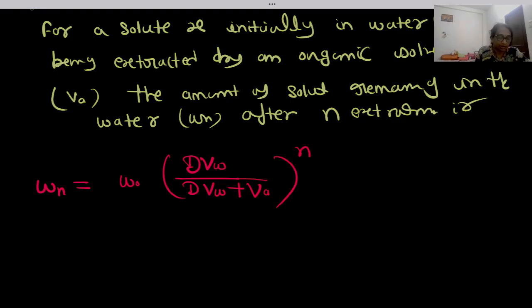ये हमको यहाँ पे क्या करना है? सॉल्व करना है क्वेश्चन. ये W0 जो है वो क्या है? इनिशियल मास और मोल्स ऑफ सॉल्यूट. Wn is equal to moles remaining in water after n steps, after n steps. Vw is equal to volume of water and Va is equal to volume of organic solvent, right? So now start the question number A. क्वेश्चन नंबर ए को हम क्या करेंगे? आप सॉल्व करेंगे. Question number A, that is the calculation of